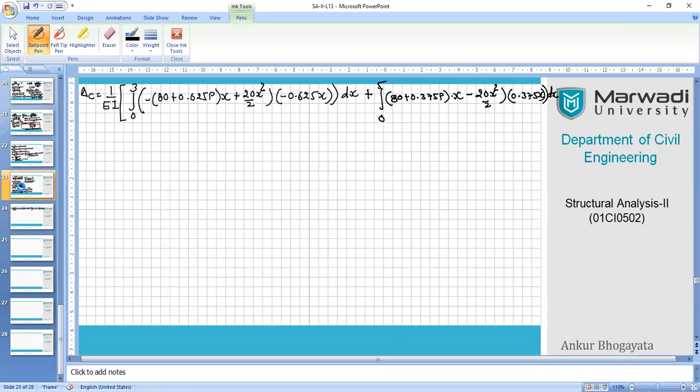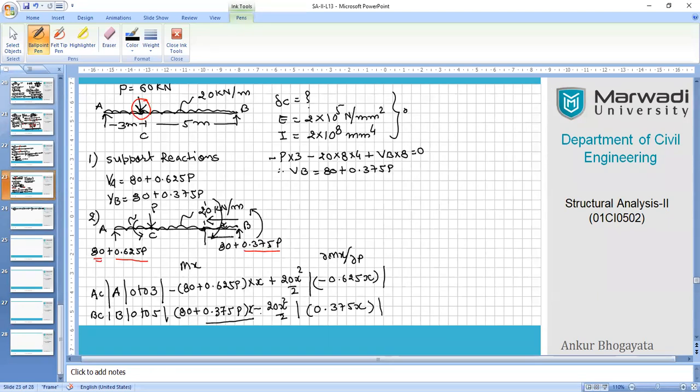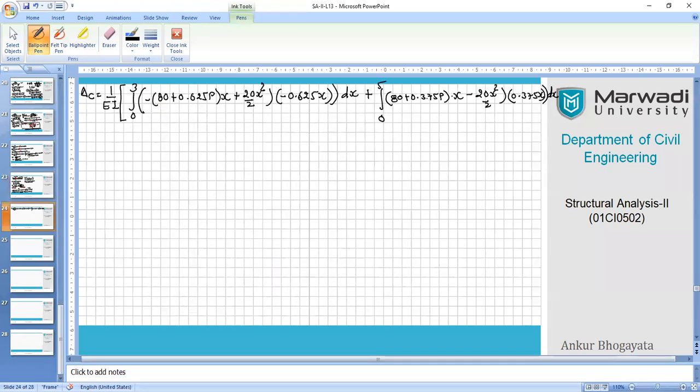Let's confirm once again. This is positive, this is negative, this is positive. Okay, 0.375. So 0.37, everything is fine. So now you just please carry on. Now it's your turn to be active and start simplifying the whole equation, right?